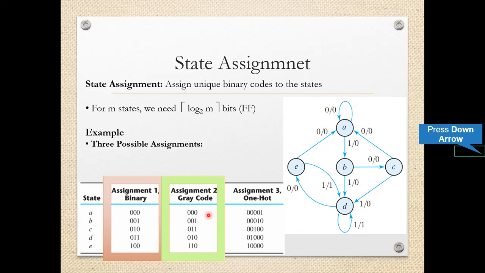So we have gone from 000 to 001, then 011, not 010, because there will be a change in 2 bits over here. If we go from 001 to 010, there is a change in 2 bits. To avoid that, we have gone from 000 to 001, then 011, next is 010.